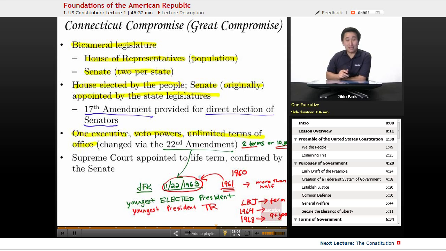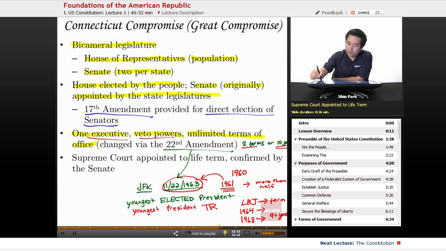So if Kennedy had been assassinated in 1962, then he would have served less than half his term, and Lyndon Johnson would have only been eligible to serve 1 additional year in terms of election. But again, going back to the Connecticut Compromise, only 1 executive with veto powers, and the original intent of the Founding Fathers was, the president is an elected office, so if he wants to run more and more, then there's really no constitutional way of stopping him, again, until the passage of the 22nd Amendment.